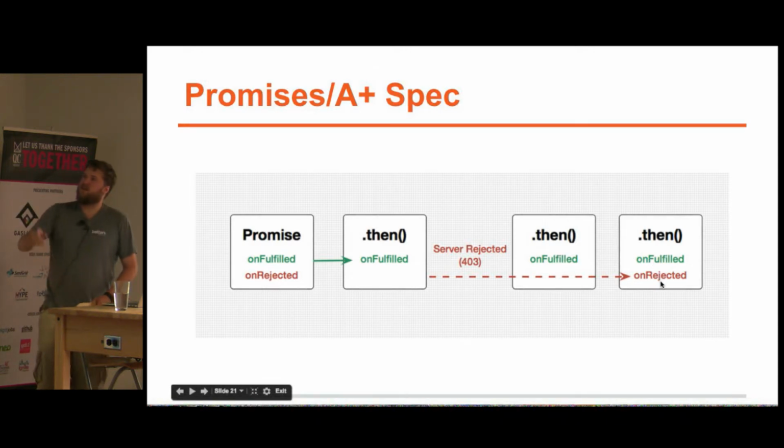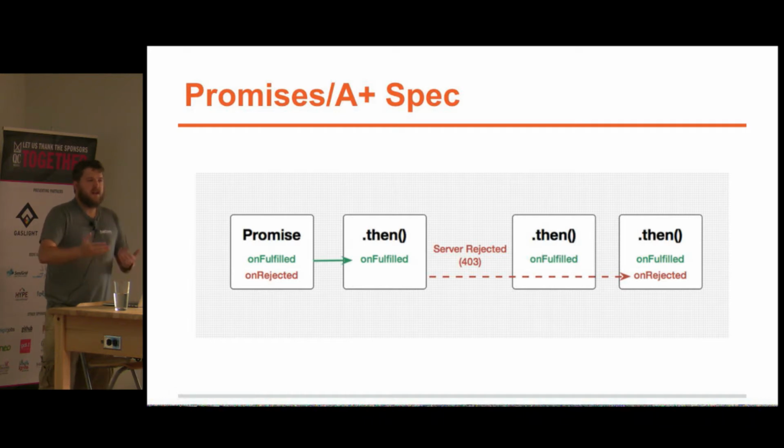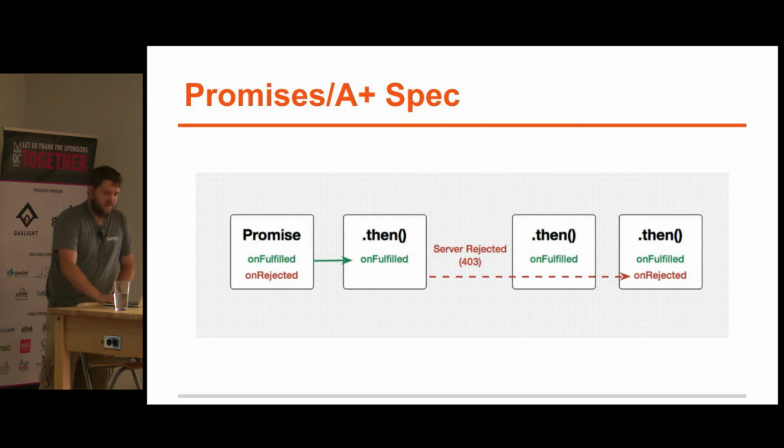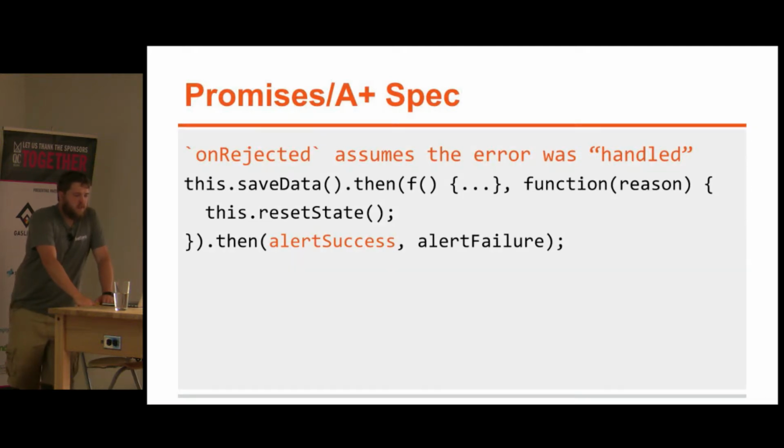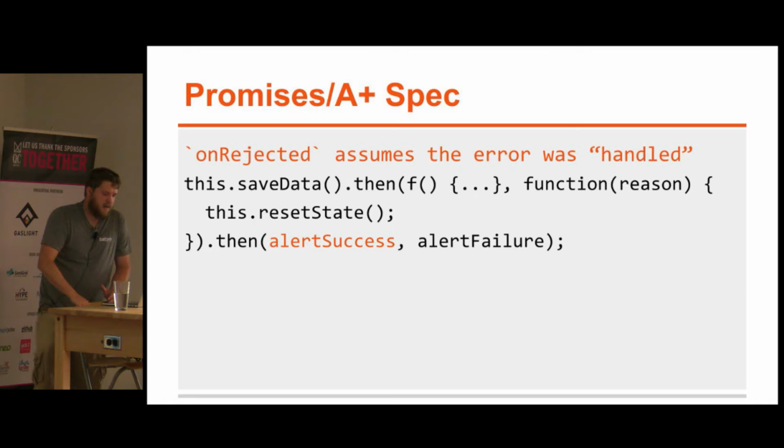So in this case here, the server rejected. This promise itself might have been another asynchronous call, but because the previous one failed, it skips over it, and it goes to the next available rejection handler. Does that all make sense? It's a little hairy, but this is an important concept to understand for the promises spec. And by the way, this all is just the promises spec. There's a second section of this that talks about how you use it in Ember.